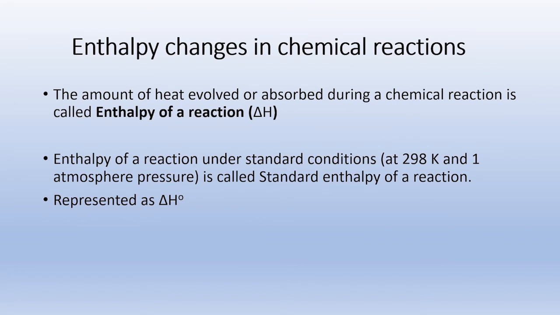Now, after Cp and Cv, or after this heat capacity changes, let's study in detail the various enthalpy changes associated with a chemical reaction. So, enthalpy change or heat change, simply we can say, for a chemical reaction, the amount of heat evolved or absorbed during the reaction is called enthalpy of a reaction. So enthalpy of a reaction is denoted by delta H, and it is the amount of heat evolved or absorbed